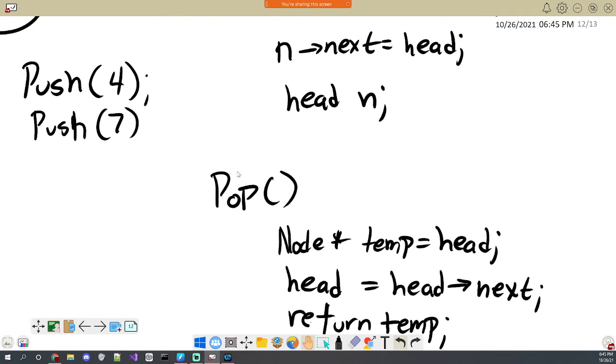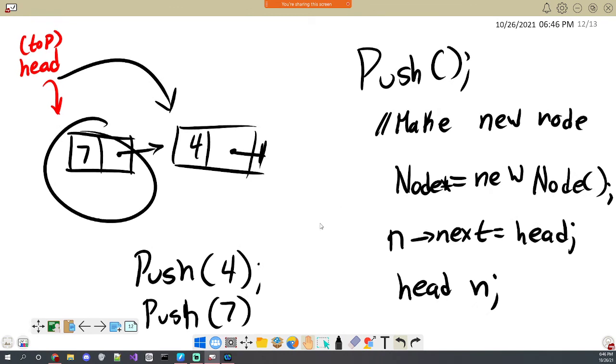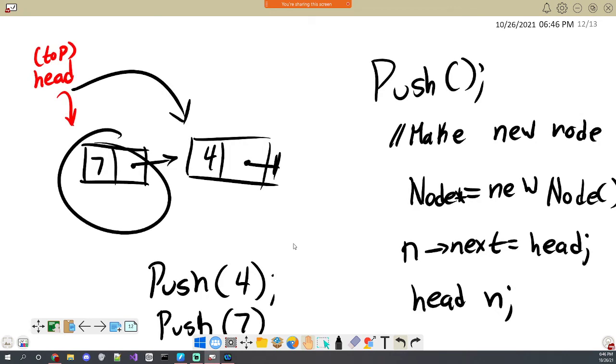The only exception with the pop here is that if the array, or sorry, the linked list is null, like empty, then you shouldn't pop from it because you're trying to remove things that just don't exist. So that's the only extra thing you need to check. But again, that's like 2 more lines of code? So really not that bad.